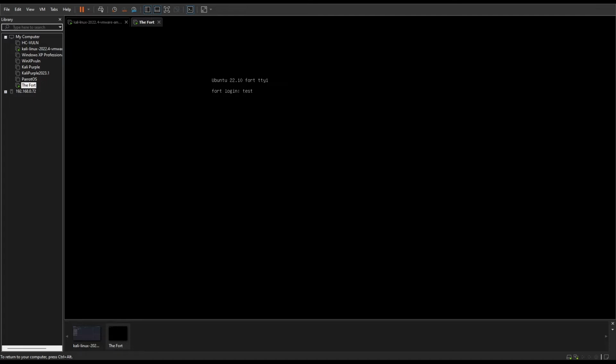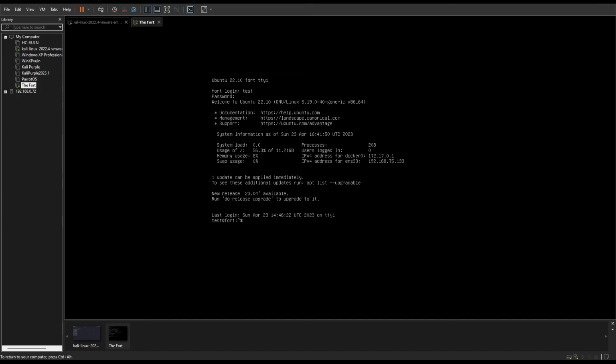I have a user account on here called test, and I enter a secret password, and you can see from here that we have an IP address 192.168.75.133. So that is the actual IP address of the target machine that I'm looking for. So I've confirmed that, and I've actually got an account here. So if I now exit,